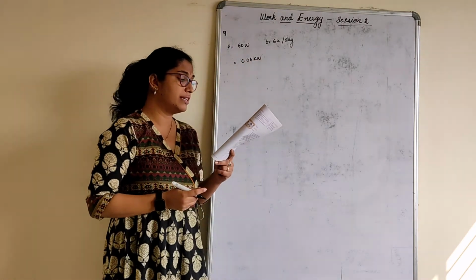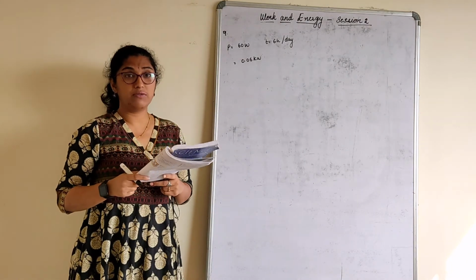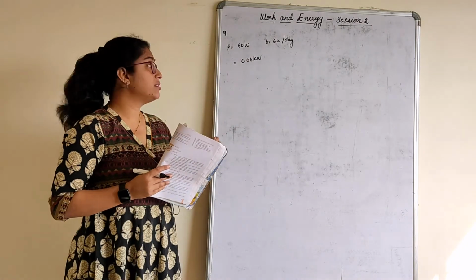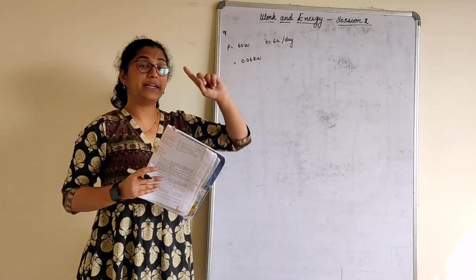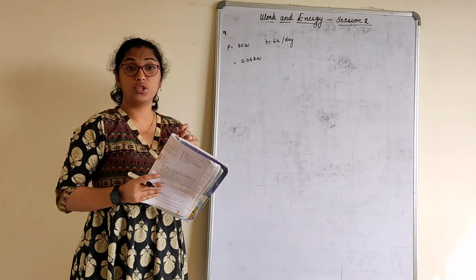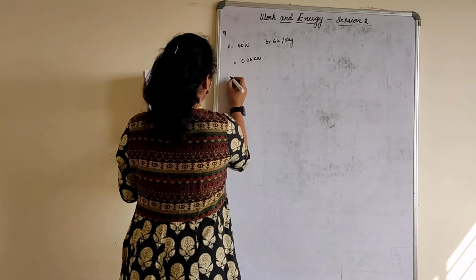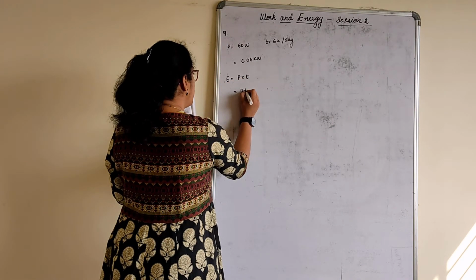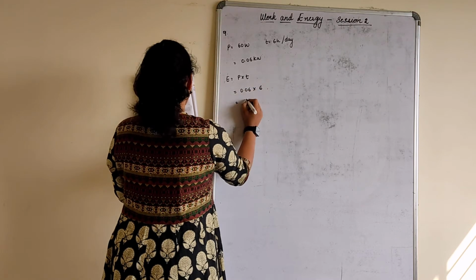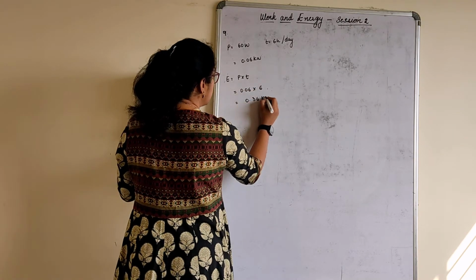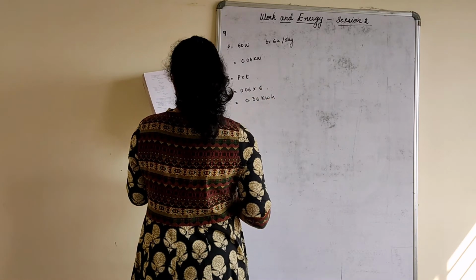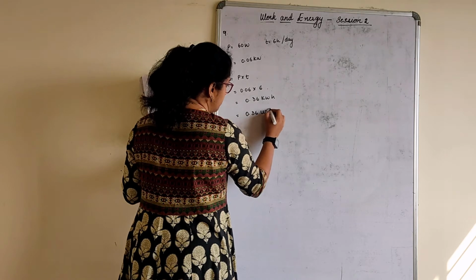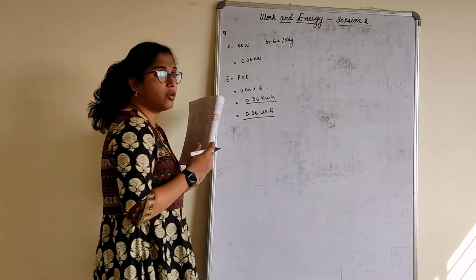We know the conversion already. 1000 watt is equal to 1 kilowatt. So with that respect, energy consumed should always be in terms of kilowatt and the time should always be in terms of hours, for energy consumption only. Directly, energy consumption they have asked. E is equal to P into T, where it is 0.06 into 6, which is 0.36 kilowatt hour. So energy consumed can also be written as 0.36 units. Kilowatt hour is nothing but units.